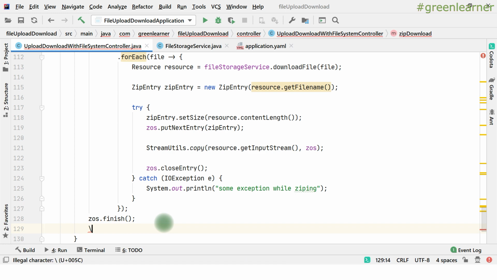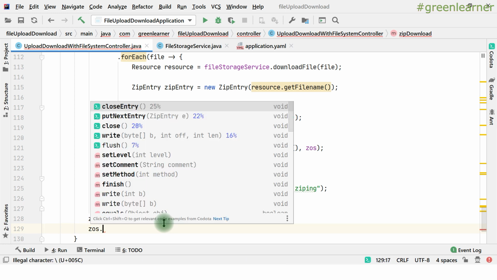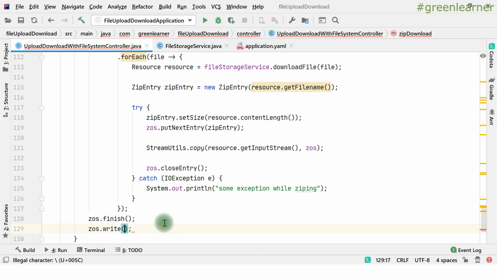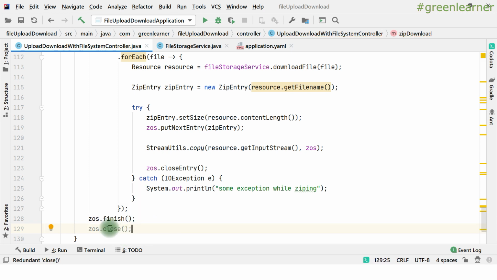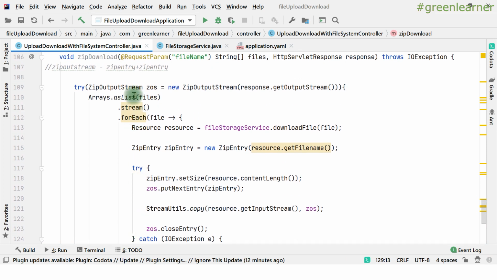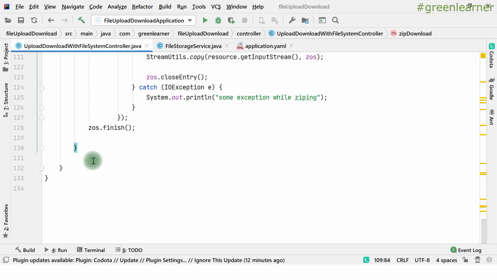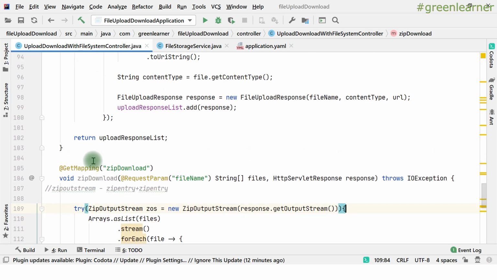And there was one more thing, that when you are opening the stream you have to close that, right? Not the right close, but we already have taken care about this one. That is why it is giving you that it is redundant, because when you put this try with resource, stream.close is automatically called when you are coming out of this block, right? So this is done. Z output stream is done, zip entry is done.